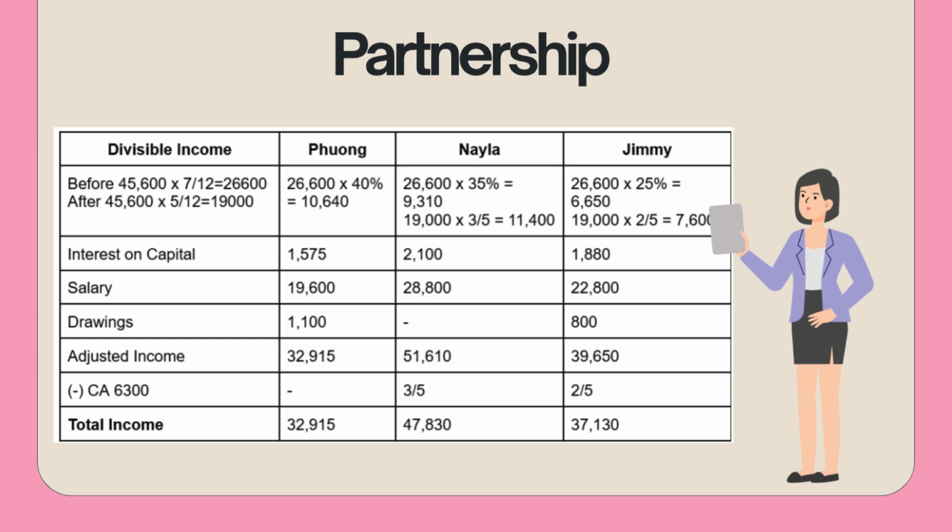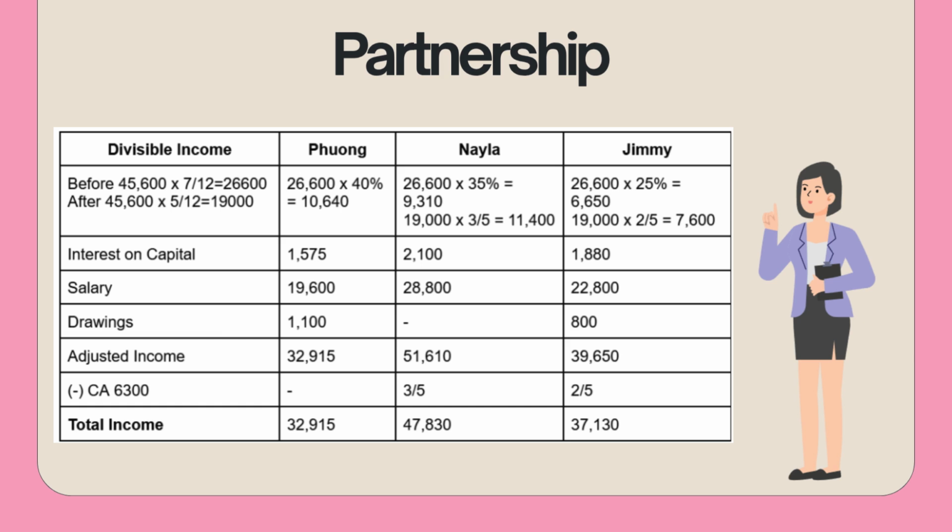find their adjusted income. This results in an adjusted income of 32,915 ringgit for Phuong, 51,610 ringgit for Nayla, and 39,650 ringgit for Jimmy. Finally, a capital allowance deduction of 6,300 ringgit is split between Nayla and Jimmy using a